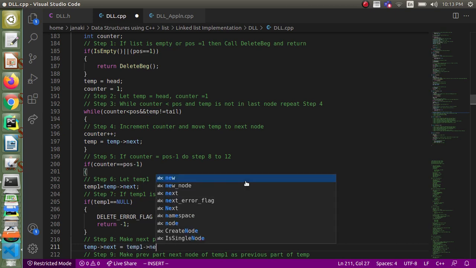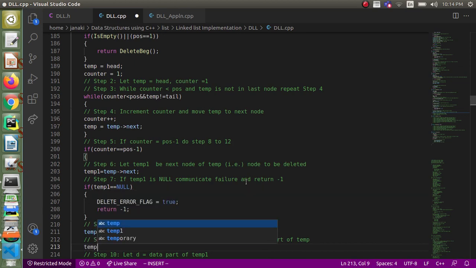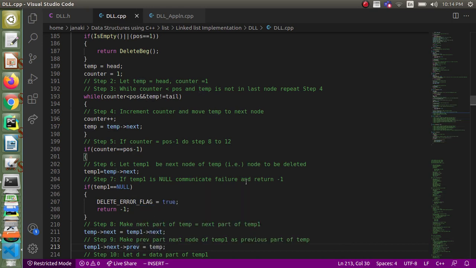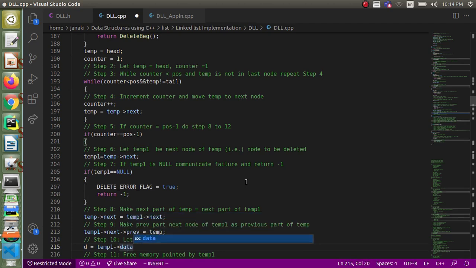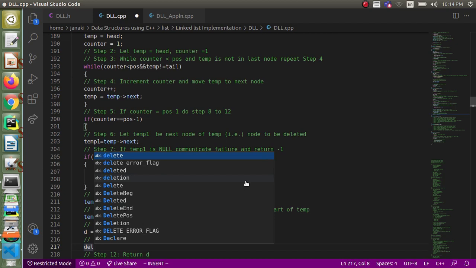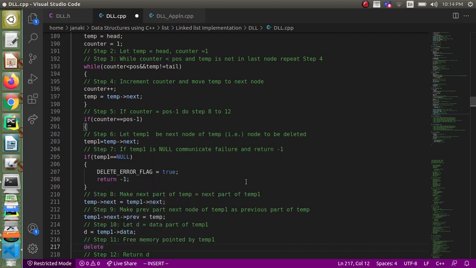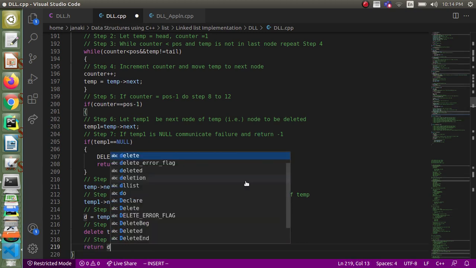Okay, this change we have to make, and next we have to do temp1 next previous equal to temp, and here we are going to have D to hold the data part of temp1, and then free the memory. So how will you free the memory in C++? You have to use delete temp1, that is the node that is going to be deleted, and you have to return D, right? That is the data that is getting deleted.